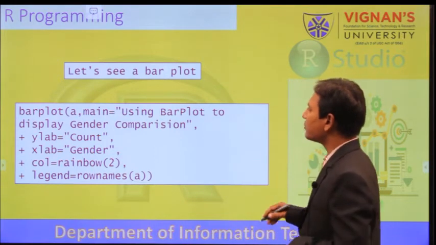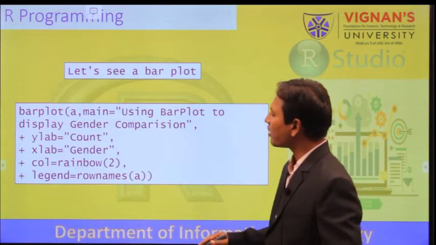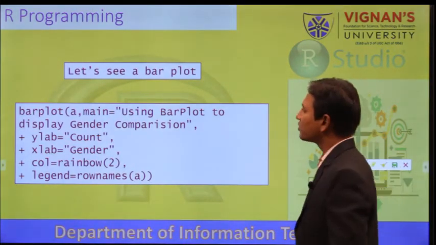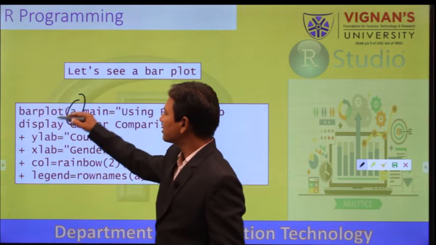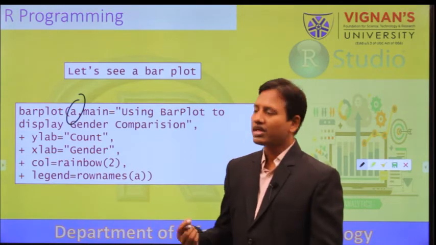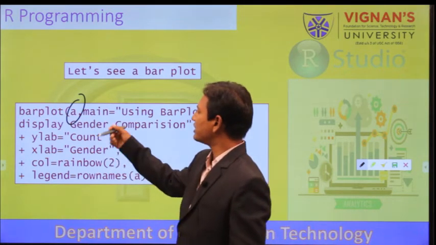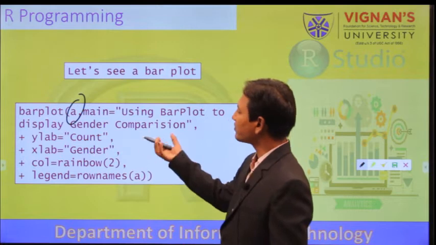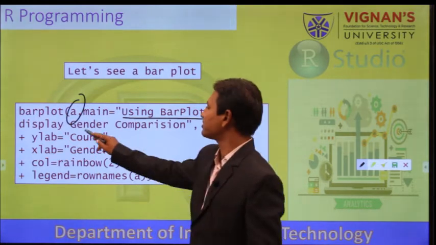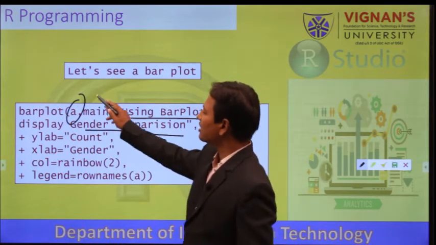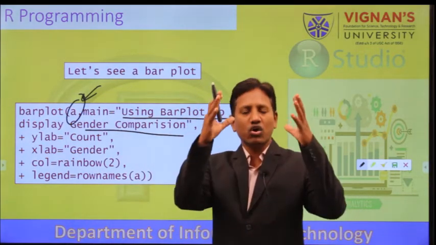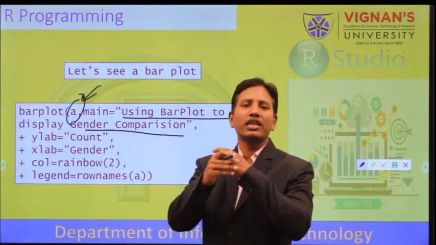So here let's see a bar plot. Bar plot is a function. To this function we have passed the data frame or the vector, and we wanted to display that with the help of some values. This is the title, using a bar plot to display the gender comparison. So we have passed the gender values, male and female, and we wanted to see what is the count of male and what is the count of female in graphical format,